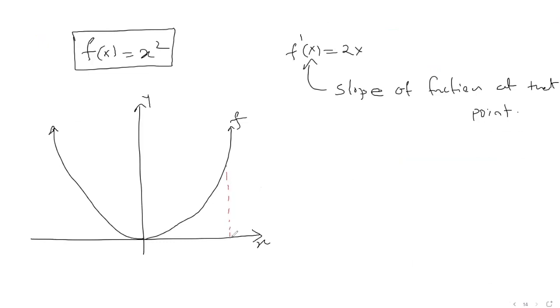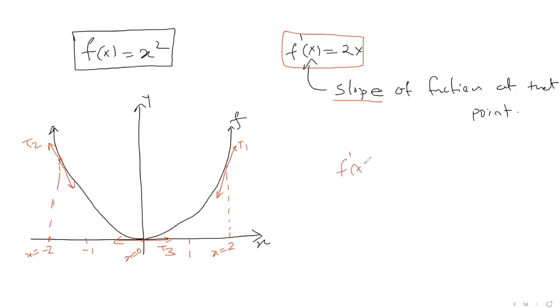Let's say this is 1, and 2. That's x equal to 2. And then -1 and -2. That is x equal to -2. And then I want to find at x equal to 0 also, right? How do I find slope here? Let's say this is tangent t1, this is tangent t2, and this is tangent t3. How can I use this formula for slope of a function and find out the slope of these tangents?